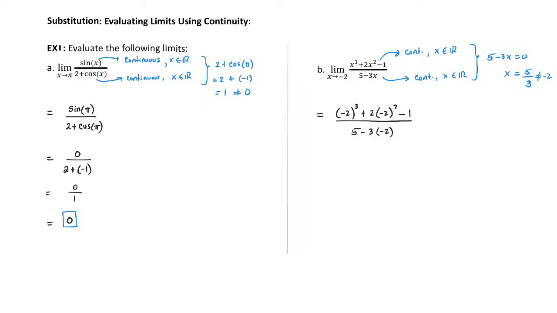All right, continuing, we are going to have here -8 plus 8 minus 1 divided by 5 plus 6. The -8 will cancel out, and we are going to have -1 divided by 11 as the value of the limit. And this is how simple it will become to find the value of a limit whenever the function is